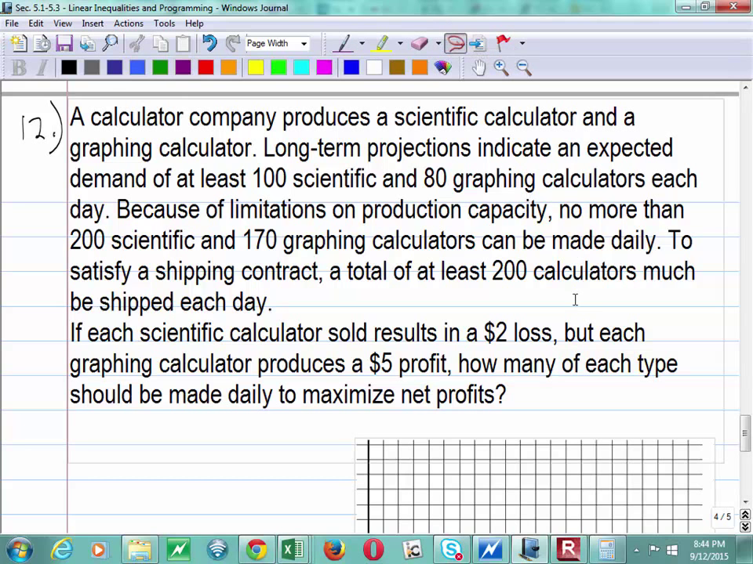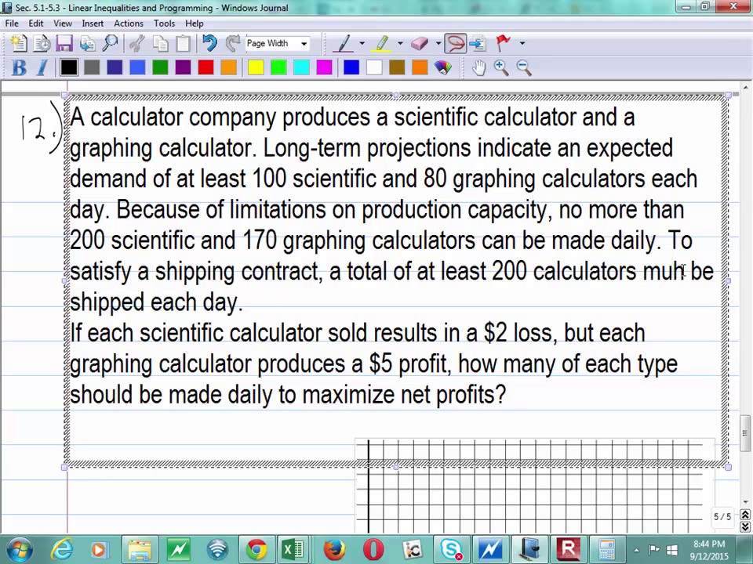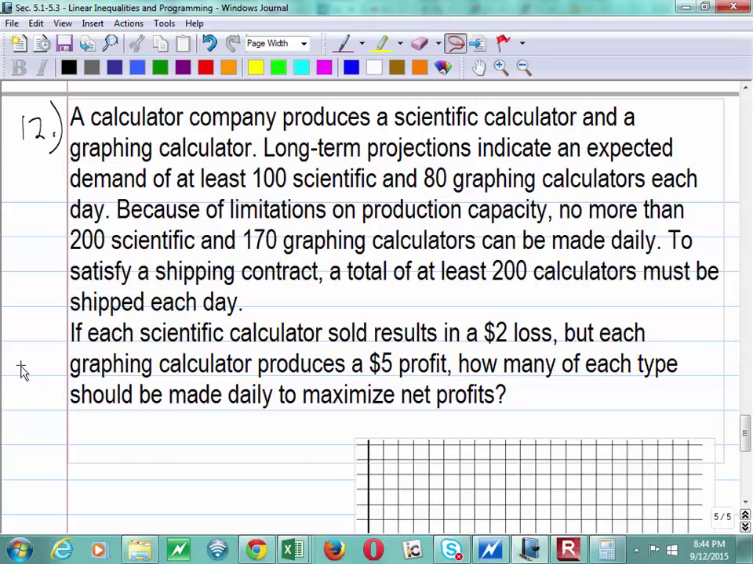If each scientific calculator sold results in a $2 loss, but each graphing calculator produces a $5 profit, how many of each type should be made daily to maximize net profits? Okay, so